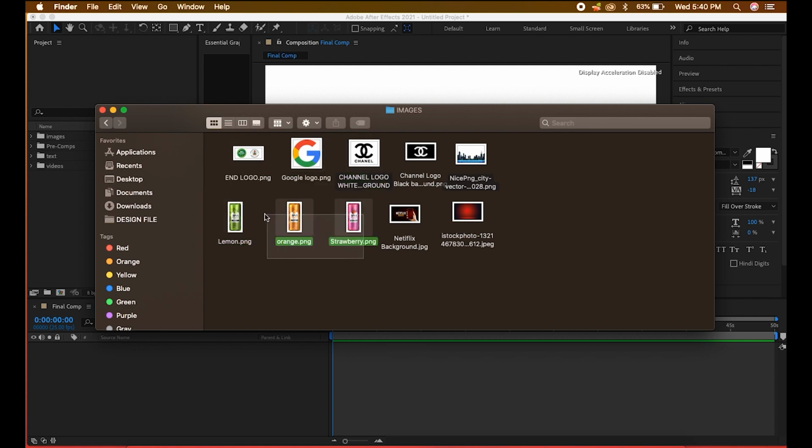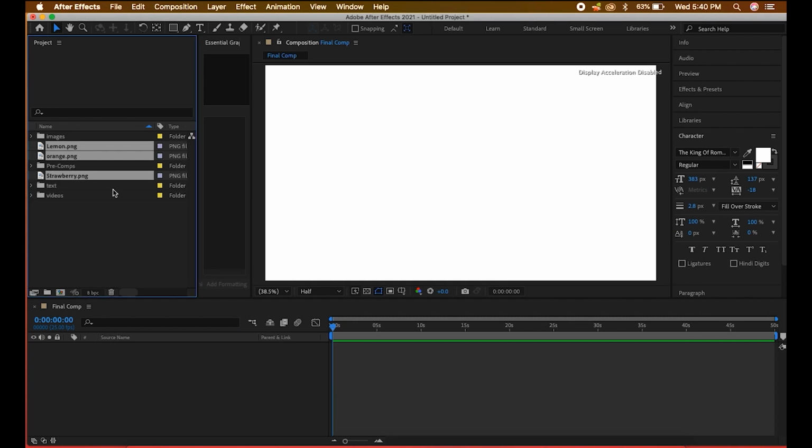So we have these 3 images. I'm just going to drag and drop, there's no time to start importing one by one. So I'll drag and drop them here. So we have our 3 models. You guessed right, they are images, so we need to organize them and put them inside the images folder. So you see,